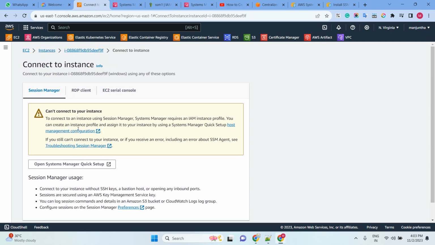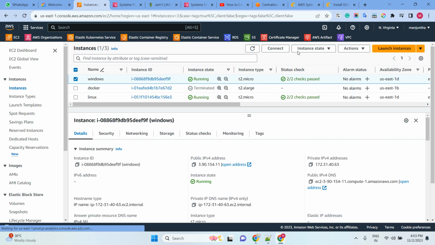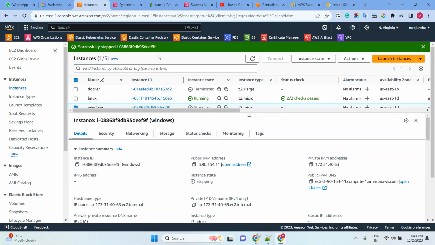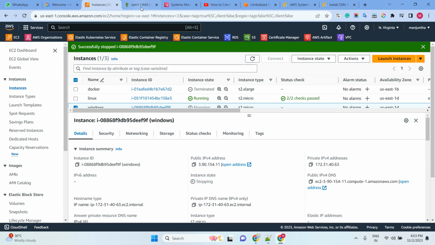So what you can do, if it is not able to connect, you need to restart it. Sometimes it takes time to fetch the server role, I mean IAM roles. So what I have done, I have just stopped it. In the meantime, what I'm going to do,